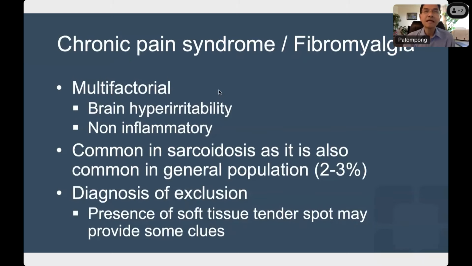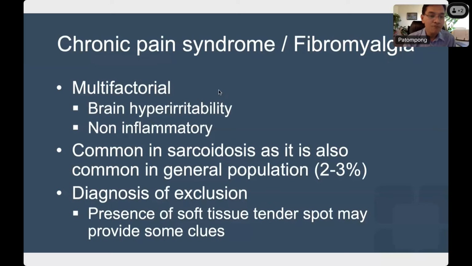And fourth, the fourth disease that is one of the most common causes of pain in patients with sarcoidosis is chronic pain syndrome or fibromyalgia. This is also a disease that is not well understood. We do not know the mechanism behind chronic pain syndrome or fibromyalgia with certainty, but we believe that it is